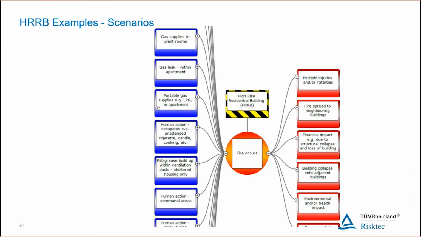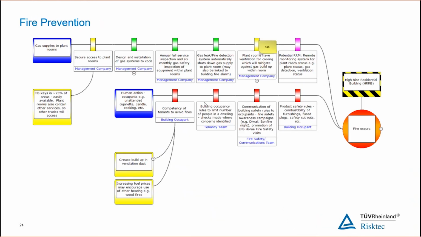And once we know what we have, we can start looking at each individual one to say, okay, so these are a couple, and we can start looking at the barriers, the layers, the controls we have in place that stop this from resulting in this. And you can see we can start putting in place additional pieces of information. We can start grading it, so a simple traffic light to again help us make a decision as to how well we are managing this. We could look at possibly the risk control owner. We can look at improving upon it.